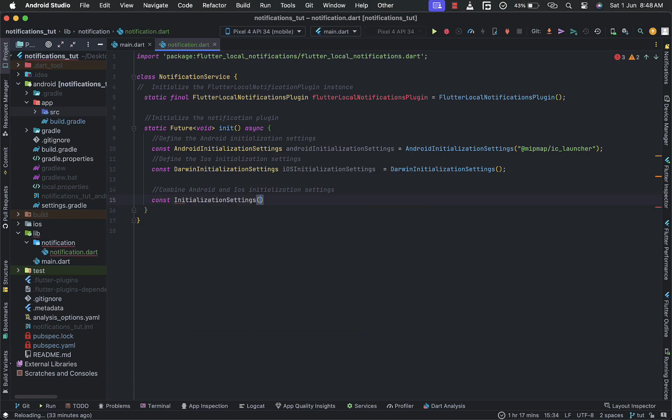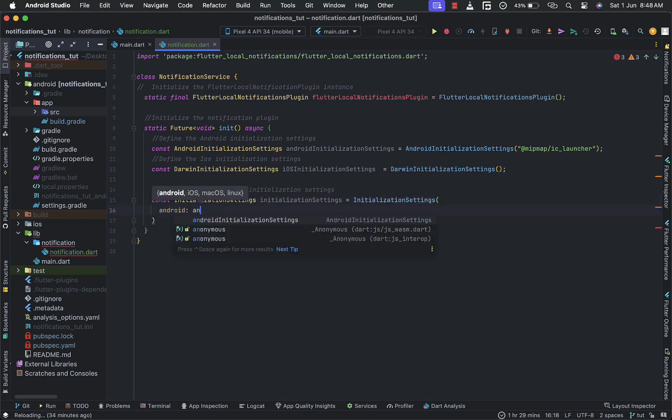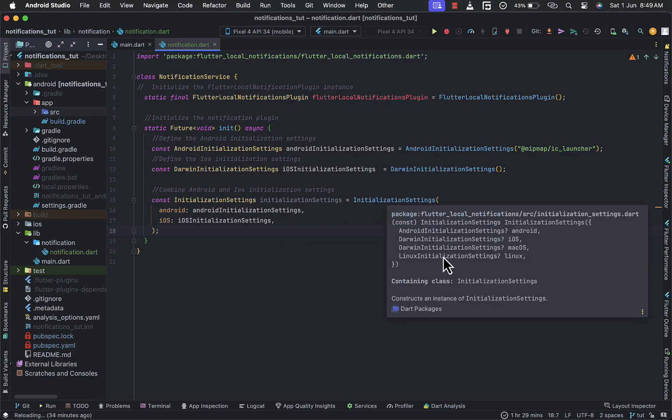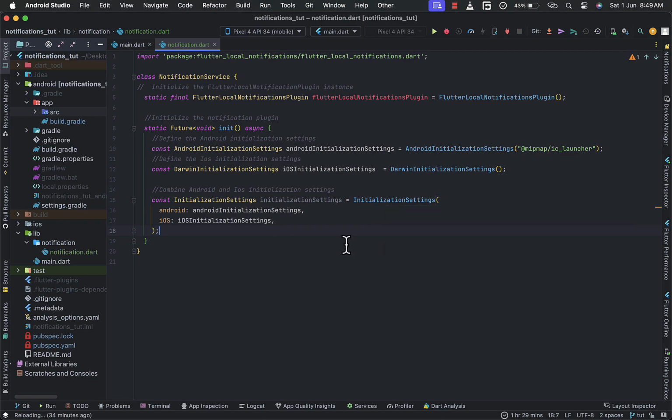So I'll be creating a variable called initializationSettings, right? Then we can pass in our initialization settings, which takes in Android. We can pass in our Android initialization settings over here, and also iOS as well. Just like this over here, right? You can see, you can also schedule notification for macOS and Linux as well. So once we've combined our Android and iOS initialization settings,